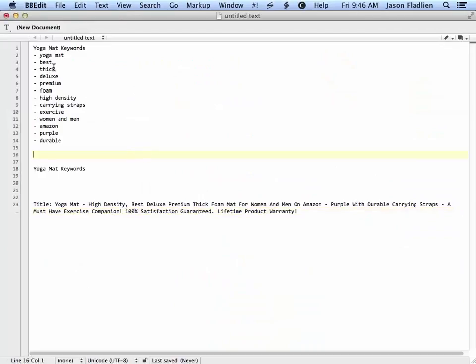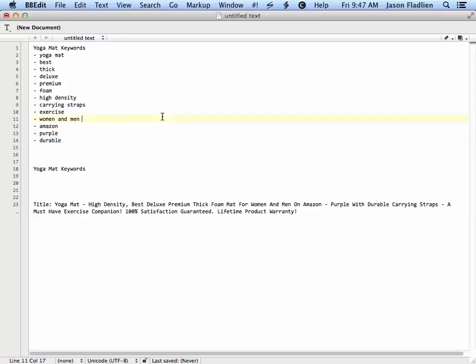Going back to this list real quick, if I were to target certain people that I'd want for reviews, I would, let's say, help them talk about what they could write in the review. I want one review talking about how they love how it's so thick and so on. I have one review that would use the word deluxe a few times. I'd have another review that would focus on the premium. I'd have a review that would focus potentially on the foam itself, one on the high density, one on the carrying straps, one from a woman's perspective, one from a man's perspective, one from exercise, one that would frequently mention